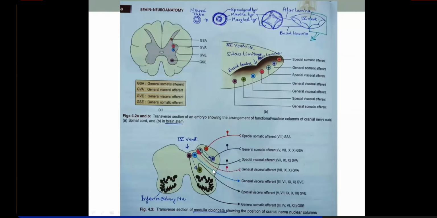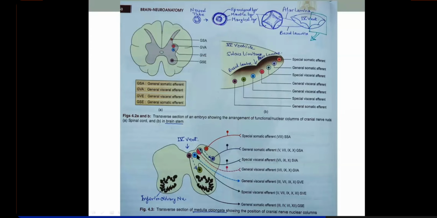So anyways, you've got to know about this tract also, this functional column also. Now the remaining will be the 4 functional columns, which are afferent columns, which develop in the alar lamina and will be placed laterally to the efferent functional columns. Among these, look here, this afferent functional column will be the most medial, closer to the binding of the book, or closer to the alar lamina. And it is an autonomic functional column, which is bringing impulses from the viscera.